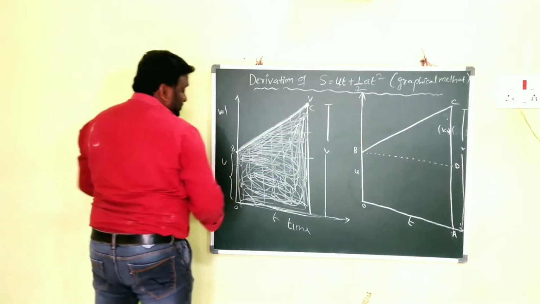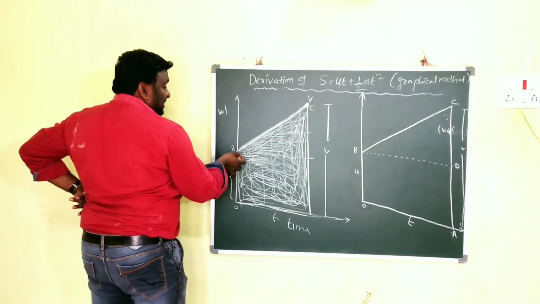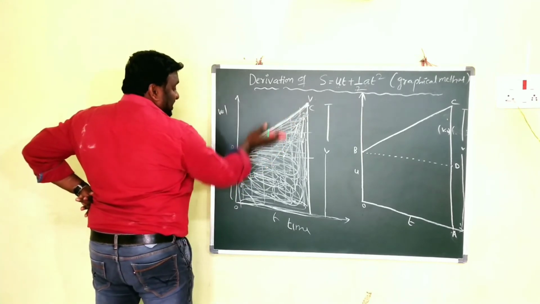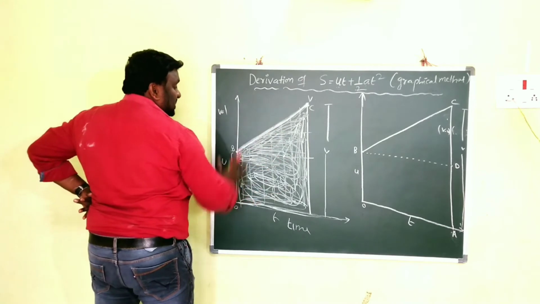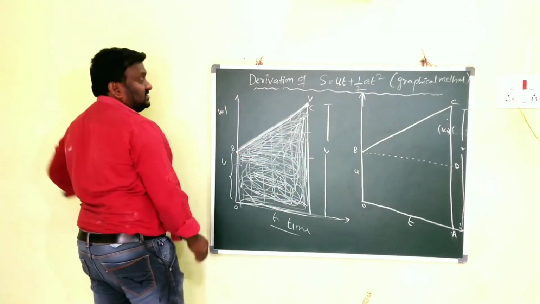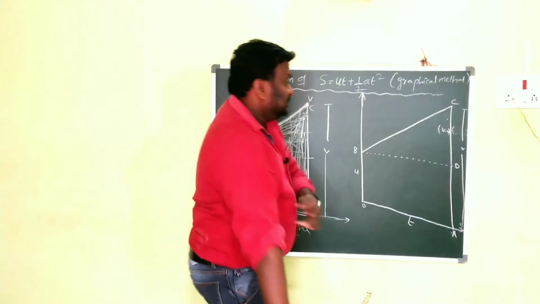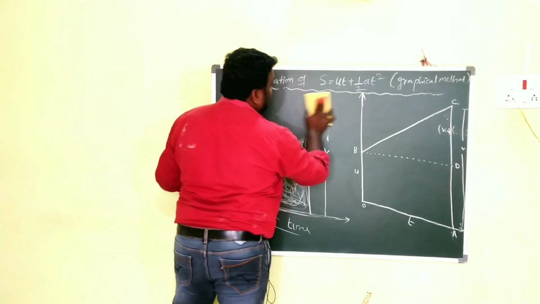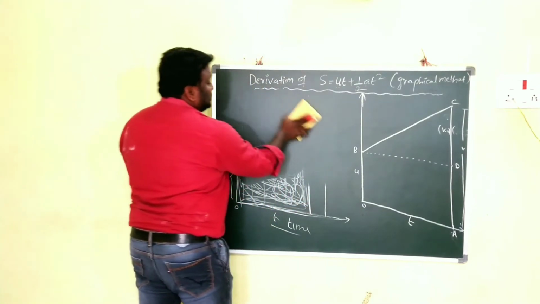Very clear? So children, at this point we have the initial velocity, and after some time the velocity is v. The area under this line BC is the displacement covered by the body in the particular time t. That is what we have to measure, children. I explained the same thing in the side diagram, so you have to focus on it now.